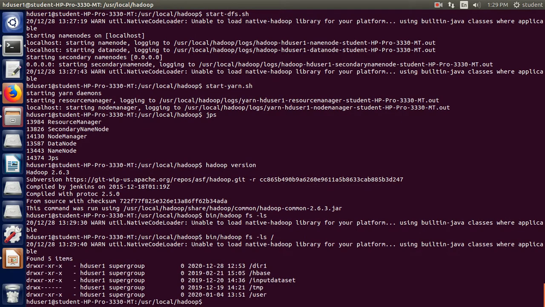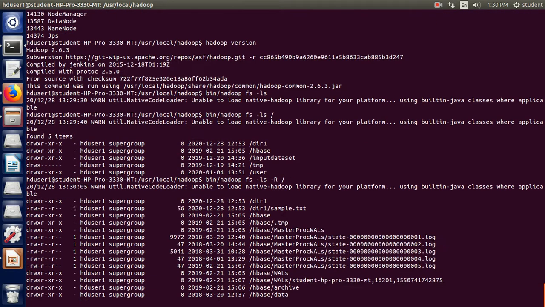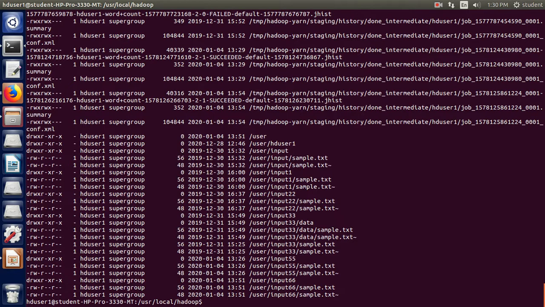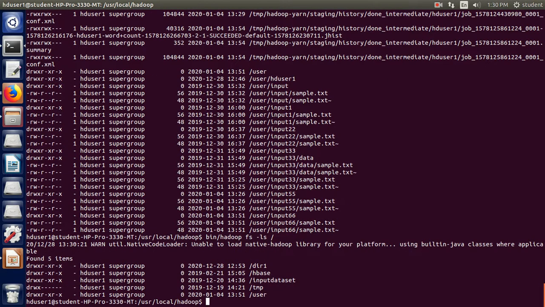So the root directory has subdirectories like dir1, hbase, input, data set, tmp, user, all directories under the slash. Now I can see the contents of each of these in detail using the -R option with ls, which shows all the files and folders inside each directory, while -ls / is only to see the list of directories.